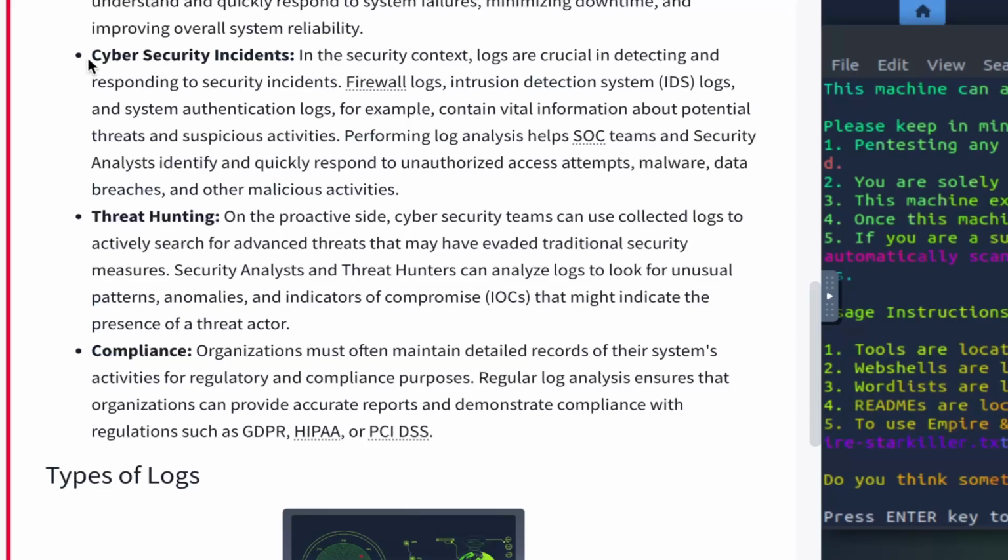So this is responsive, this is reactive. Threat hunting is proactive, right? So you're going after the threat, you're going after the person that attacked you so that you can prevent it from happening again, and maybe you can even find the person that actually attacked you,